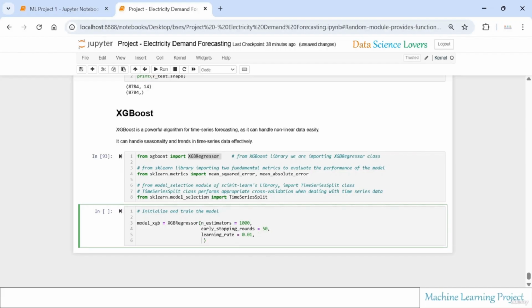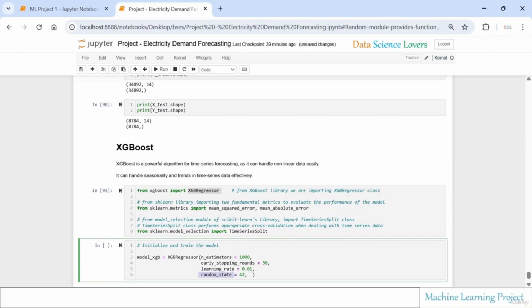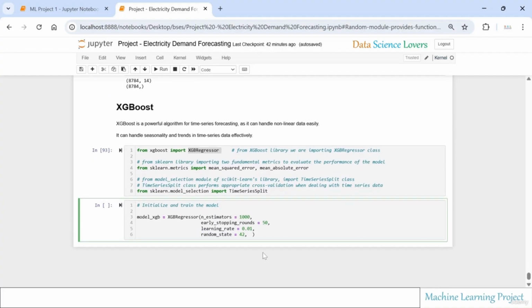Our next parameter is random state, and we can set it as 42 here. Setting a random state ensures that the same sequence of random numbers is generated each time the model is trained. Our next parameter here is objective,